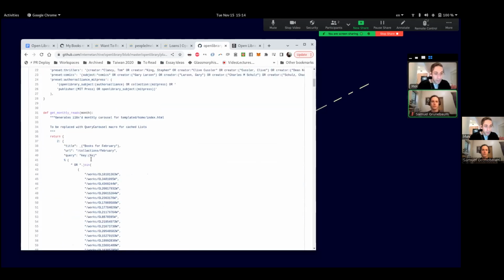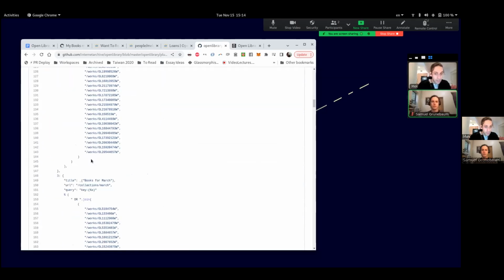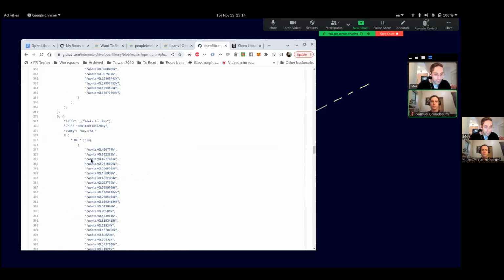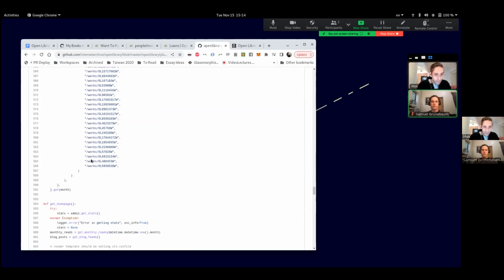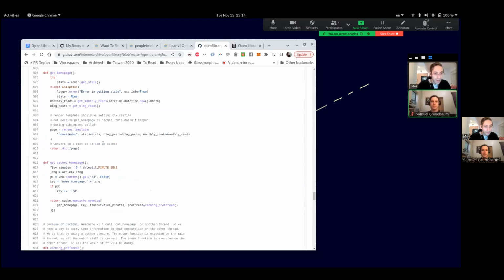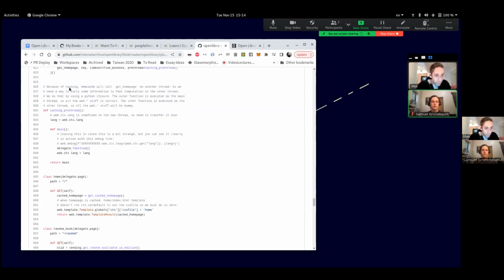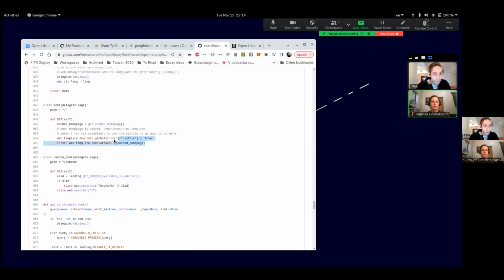So here, ignore this. We want to go down a little bit. This should really be moved out of here. So here we have a function called get homepage, which is doing some stuff. But what we really want to look for is this pattern. Okay, cool. So the way that routing works in openlibrary is that